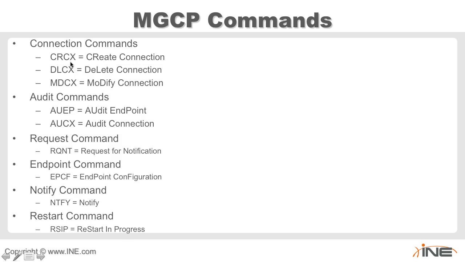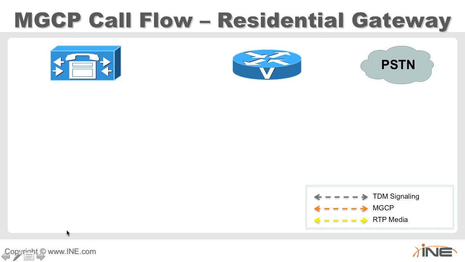This is create connection, delete connection, modify connection, AUEP for audit the endpoint, AUCX for audit the connection, and then request notification, EPCF endpoint configuration, simple notify, and then RSIP, restart in progress. So let's look at the flow, and we're going to look at the difference between a residential gateway and then